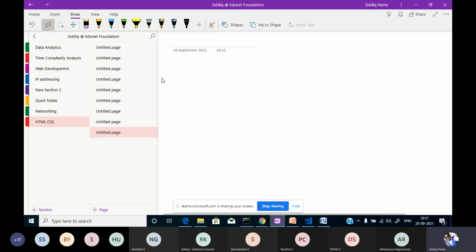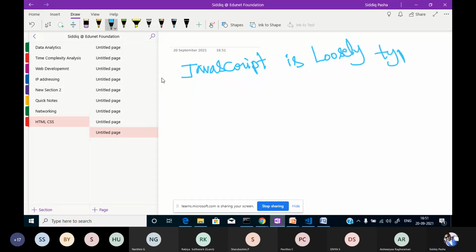I'll write it over here. JavaScript is a loosely typed language. This is one of the features. Even Python is also a loosely typed language.